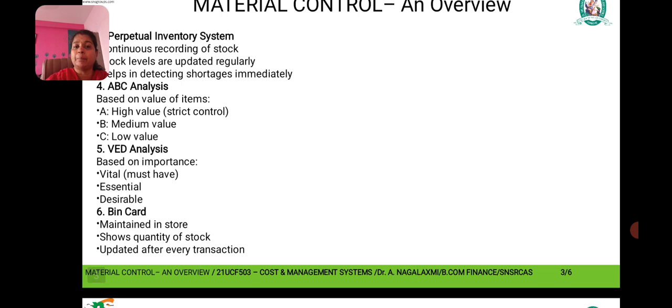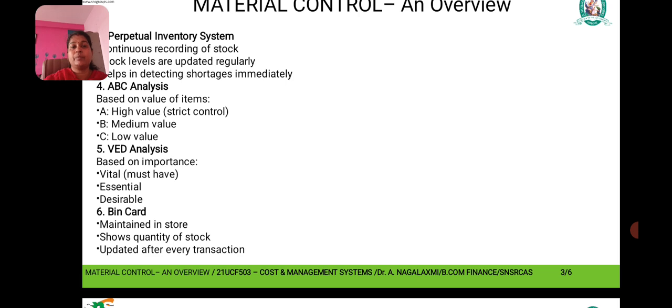Next is a bin card. Bin card is nothing but a card maintained in the stores. It shows quantity of the stock, updated after every transaction. For example, in the month of April 1st, we made a purchase. So we have to make it as a receipt. We have to put the balance. Already there will be a balance. So balance brought down, next new purchase. So in the balance column, we have to see old stock of this value is there and new stock purchased on 1st April, this much quantity,